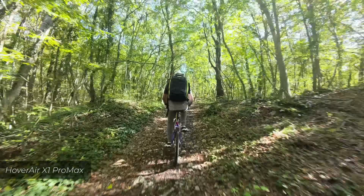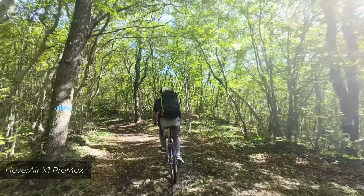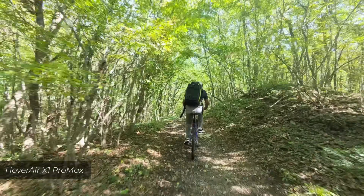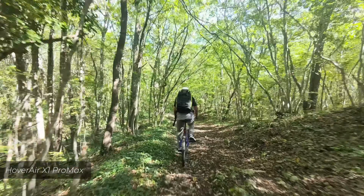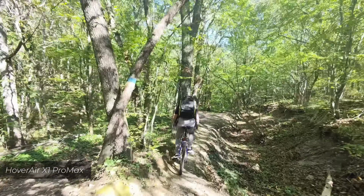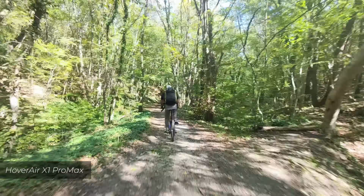As far as the footage goes, I think it looks pretty good. However, it definitely looks a little bit too overexposed, too bright here in this exact scenario. In my other shots it didn't look that bad, but here it's way too bright. Maybe the position of the sun was really making the footage go super bright. So for me, I would personally touch it a little bit, turn down the midtones and the shadows just so I can bring back some more life to the footage itself, because right now it's just way too bright